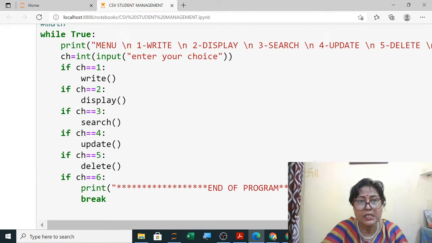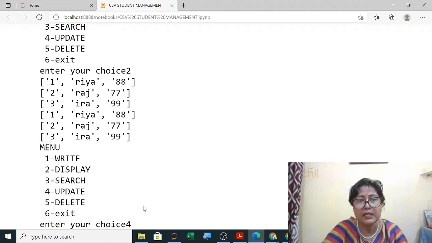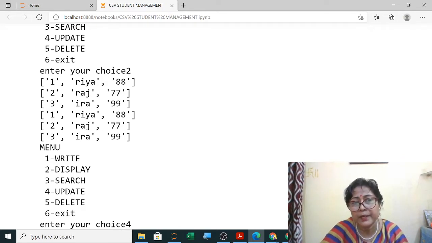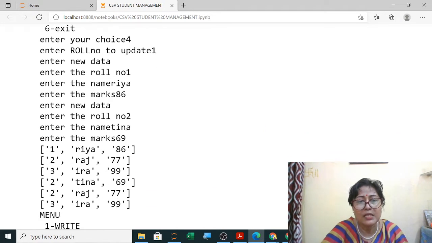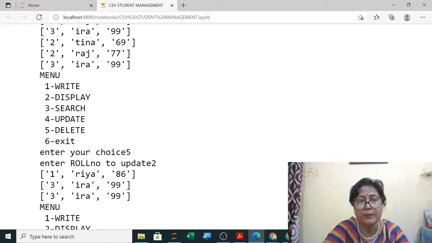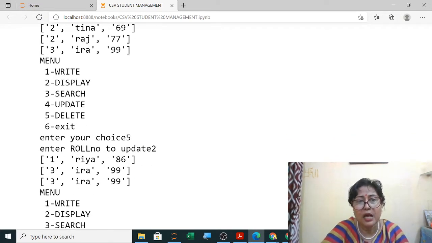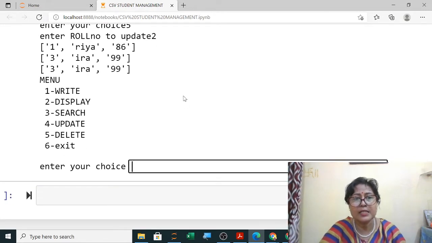Now this is your menu driven program. So when you are executing the file, then 2 times I have entered the same data. It was in append mode, so 2 times it was in that file. Now when you ask to display, it has displayed. Now if you wanted to change the data, you can update it. Like here you wanted to update the data, so it has changed the data. And then if you ask to delete, it will delete also. Like I will show you once again.